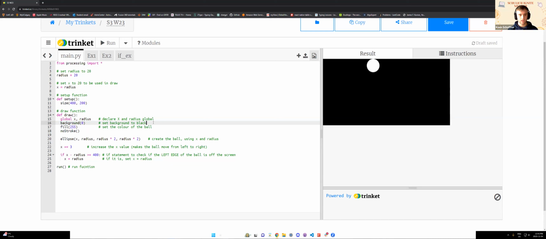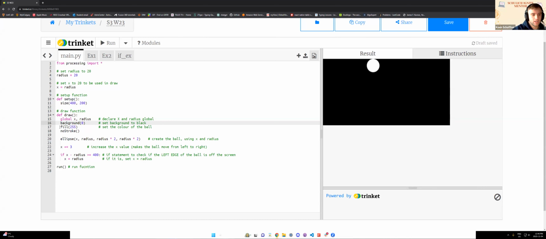If you call background with a certain color, and in this case we're making it black, inside your draw function, it's going to print the background into the window. So every time draw is called, it's going to cover up the previous balls that we had before and print the background over top of it. It makes it look like the ball's moving left to right, but in reality it's just covering any previous ball that we had.